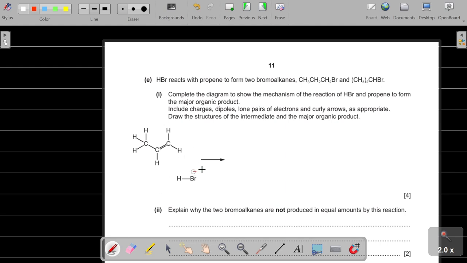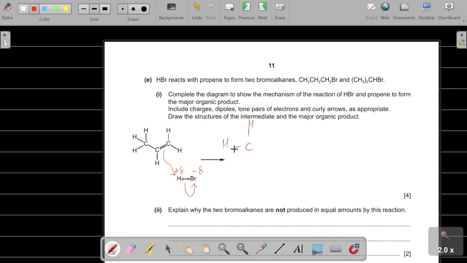You can say it has a partial negative charge because it is a halogen, a Group 7 member, so it is electronegative and hydrogen is electropositive. Bromine is pulling the electron of this hydrogen, so it becomes an electrophile. Electrophile means electron deficient. So these pi electrons, with high electron density, work as a nucleophile and will attack this hydrogen. And now the electron pair between this hydrogen and bromine moves towards this bromine. So now we will get the